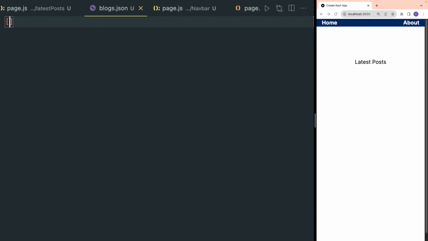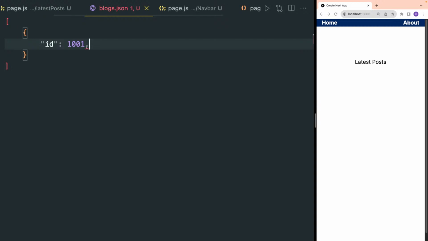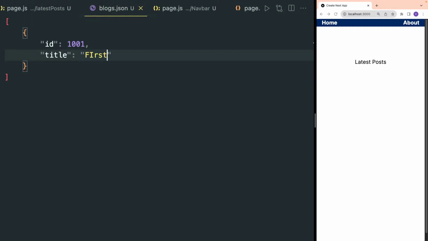Actually inside square brackets we will start making blogs. id, let's see, id is 001, and title of blog, let's say first blog,